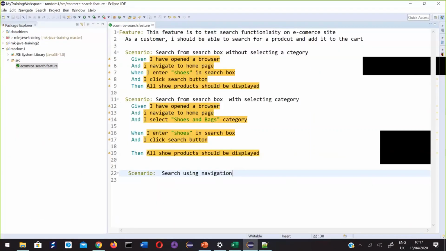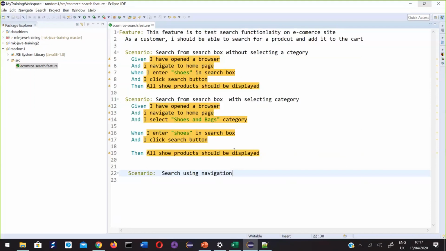Now I want you to unmute. Okay. I want someone to tell the text, all the steps. What should go inside given, what should go inside when, what should go inside then. Who is going to tell me?